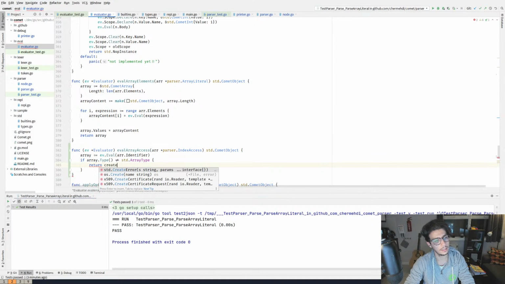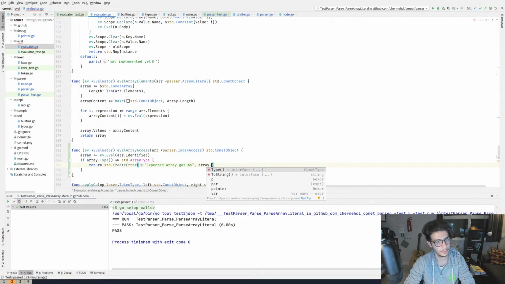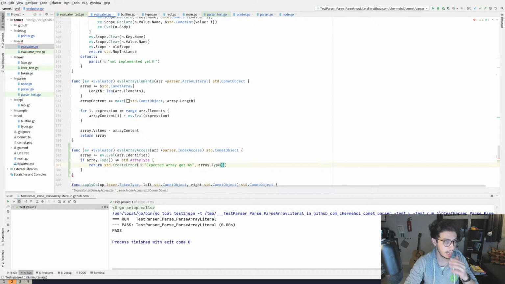Return create error: expected array, got, we don't know what this is, array dot type. Cool. Now if it is an array, we can evaluate the left part. So eval the array.index.